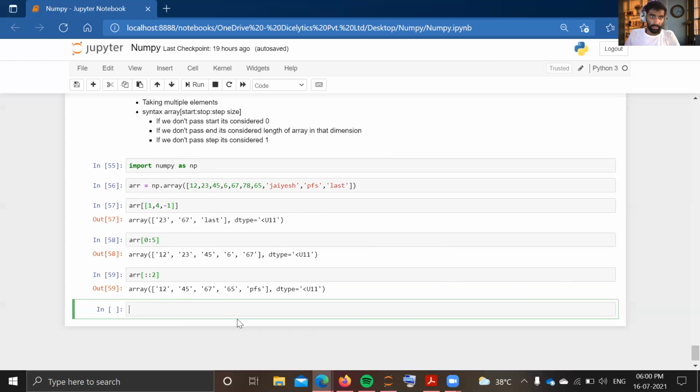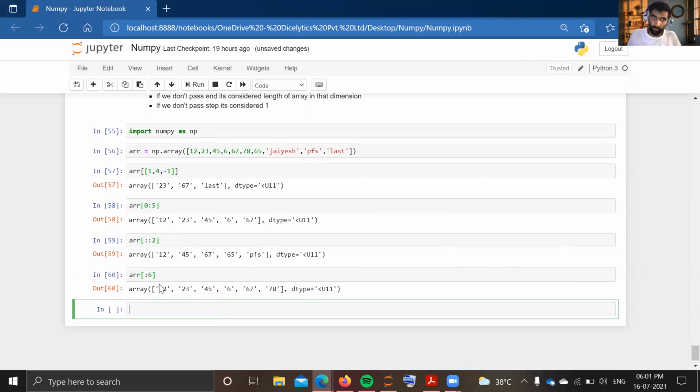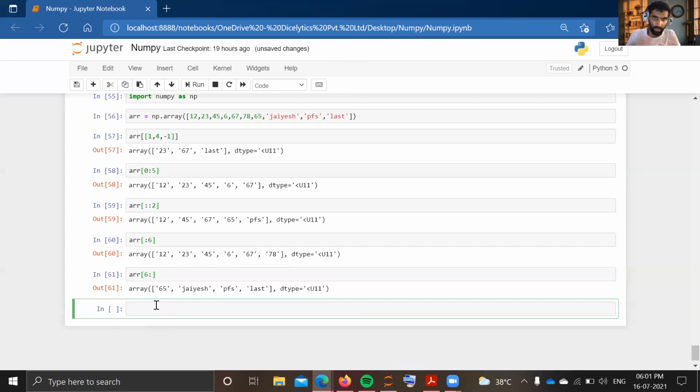After that, one more thing: if I do not pass my starting point and I just pass my stopping point, let us say I'm passing my stopping point as 6, it will give me up to the fifth index. It will start from 0 and go up to the fifth. And if I mention my starting point as 6 and I'm not mentioning my ending point, then it will start from my sixth index and go to the last. Here you can see. In this way, you can slice an array from a superset of an array. So this was one method.